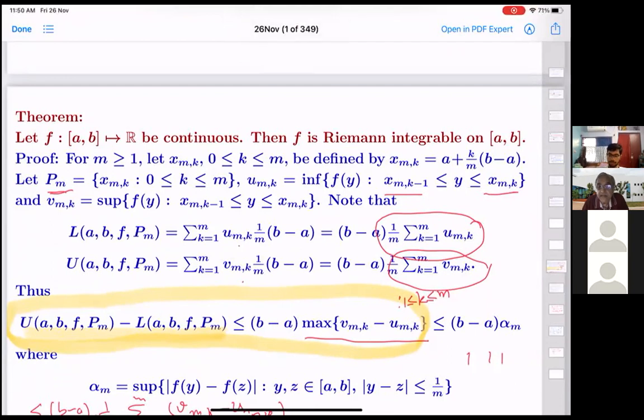And take as an example sine of 1 over x on the open interval 0 to 1, or 0 to pi. Sine of 1 over x. So it doesn't have a limit as x goes to 0. You can add the point 0 and define the function to be 0, but it doesn't give you continuity. But in this example, since the problem is only happening at one point, we can struggle and prove that actually it is still integrable. Okay.